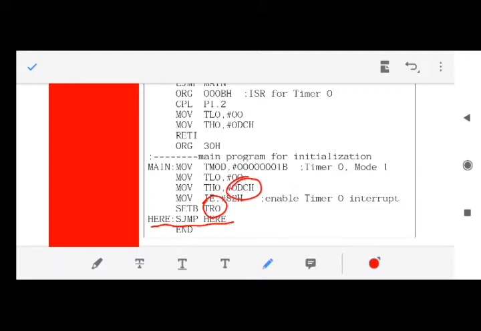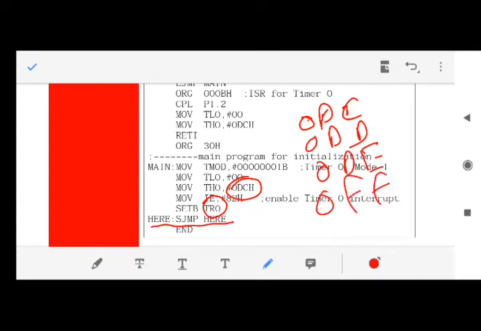For example, it starts counting from 0DC. The next value will be 0DD, the next value will be 0DE. It keeps on counting like this until FF is achieved. Whenever FF is achieved, the interrupt flag, TF0, will become 1. That means the interrupt for timer 0 has occurred.